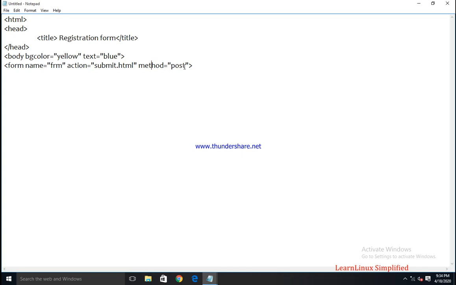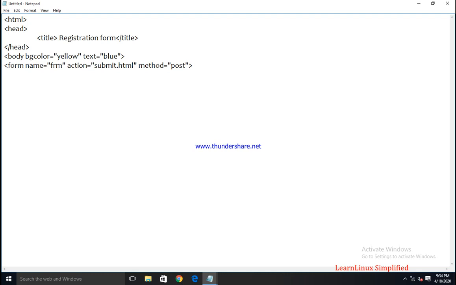Get method will send the data attached with the URL of the web page, and post method sends each individual data as an HTTP block. Okay, we will discuss it in the theory part. So currently we are concentrating on the form controls. Fine. Okay, so this is my form container starting.